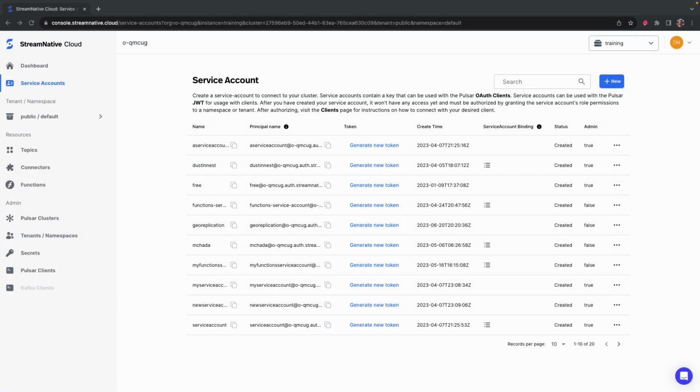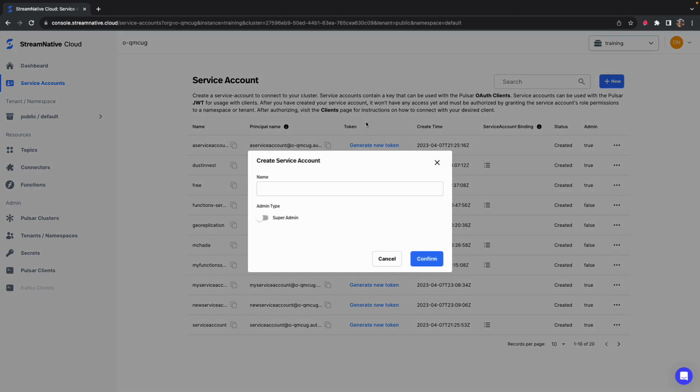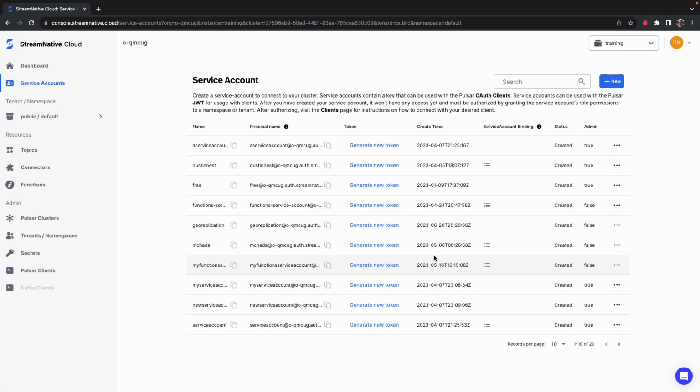We'll create the service account that will be used to run the source connector. Clicking on Service Accounts on the left, I then go to New Service Account, and I'm going to call it SQS Service Account, making sure not to select Super Admin. Clicking Confirm, it may take a few seconds for it to show up in the list. Mine's going to end up on the second page, so let me go to the second page, and here's SQS